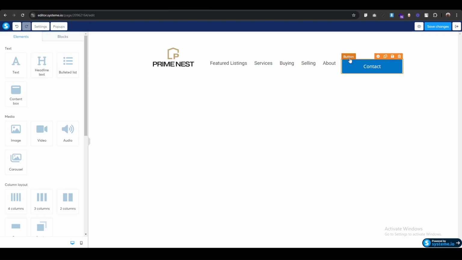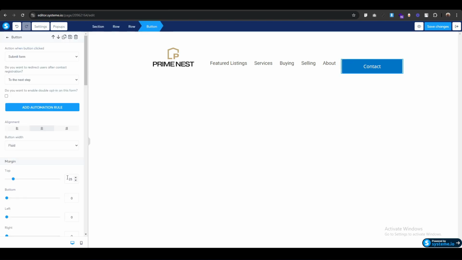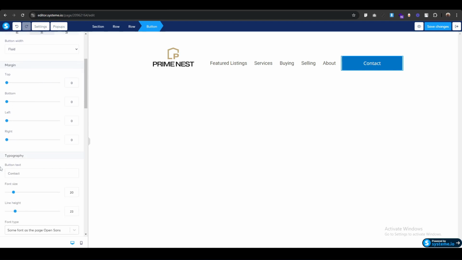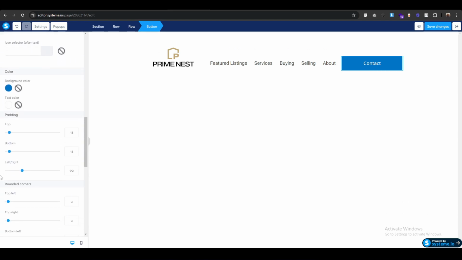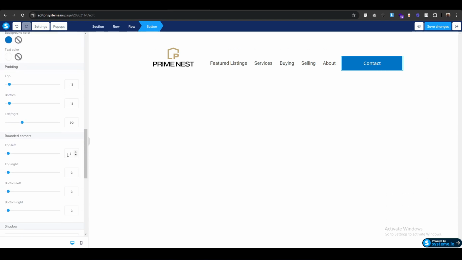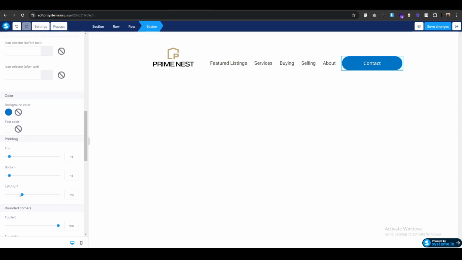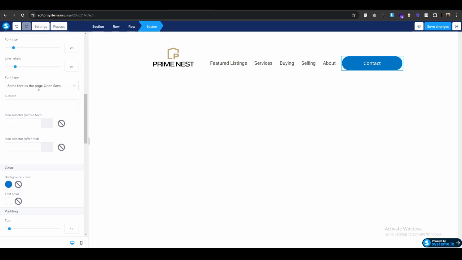Click on the button and remove the top margin to 0. We will round the border radius as much as possible. So I'm going to give 100 on the top left, top right, bottom left, and bottom right. Change the font to Hebrew